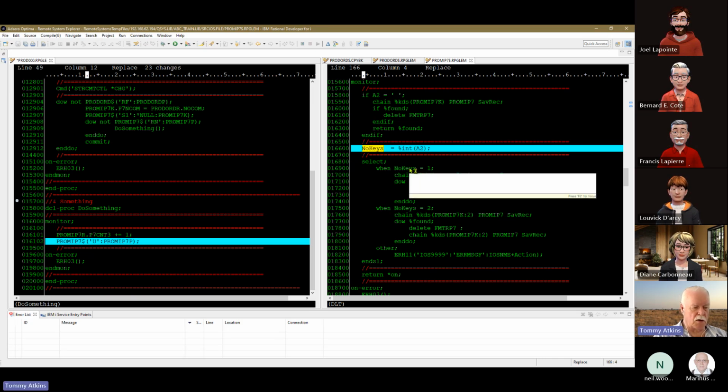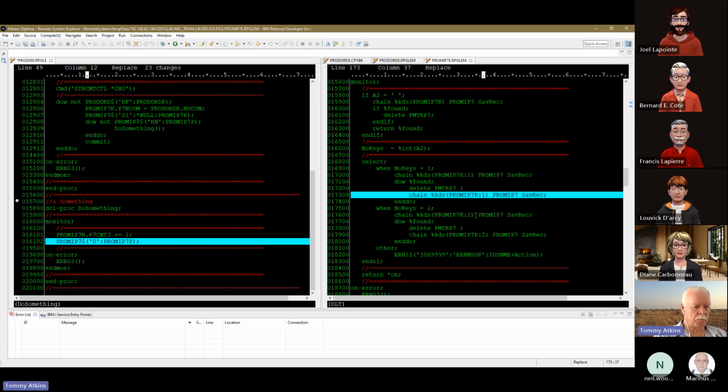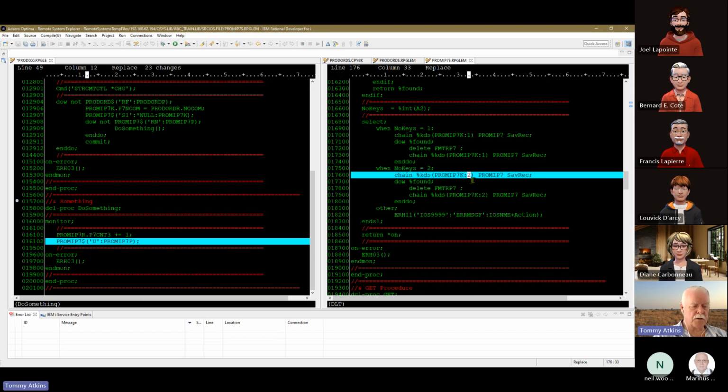And if the keys are one, I chain and I loop around that delete, and I'm deleting everything from key 1. If keys are 2, I loop around there, I'm deleting everything from key 2. This gets a bit tedious if there are 12 keys. But unfortunately,